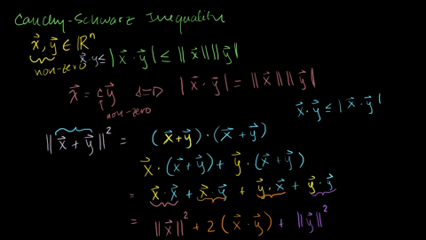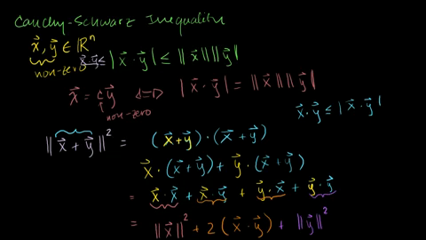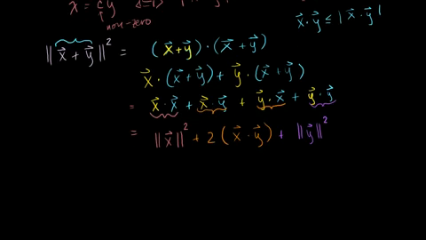So the dot product of x with y is definitely less than its absolute value, which is definitely less than the lengths of those two multiplied. So this is definitely less than or equal to this exact statement, but if I replace these with the lengths